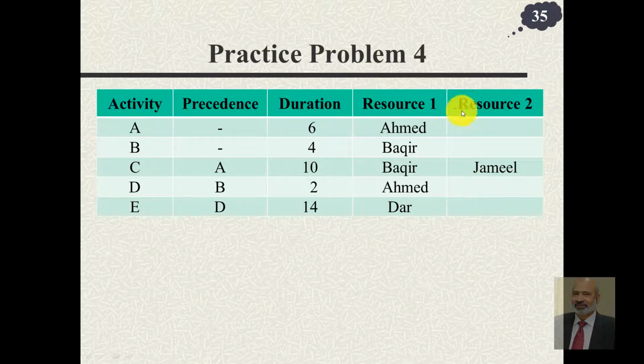But when Ahmed has to work, if A and D are or can be worked in parallel, that means Ahmed will have to devote 200% time. So instead of 40 hours, he will work for 80 hours a week. As regards Bakir, if he is required to work on activities B and C on the same days, he will have to work 16 hours a day. That would lead to higher accrual of expenses.